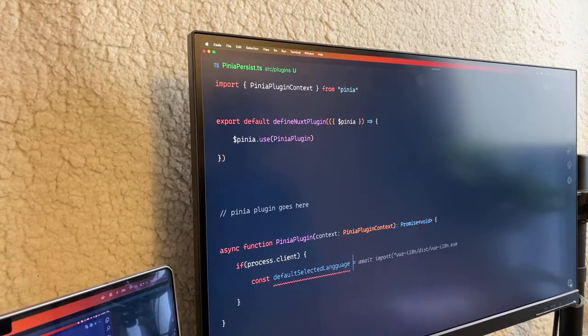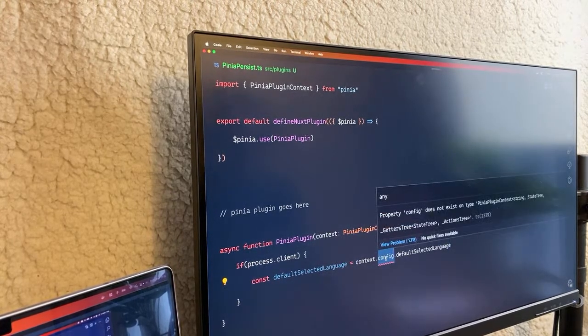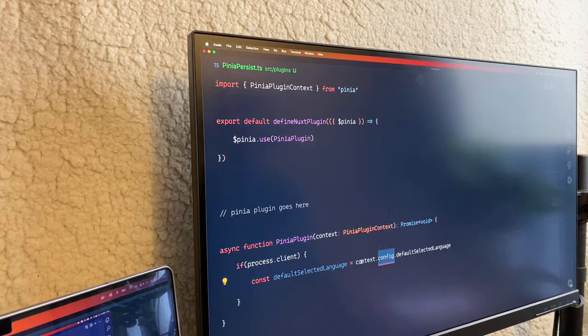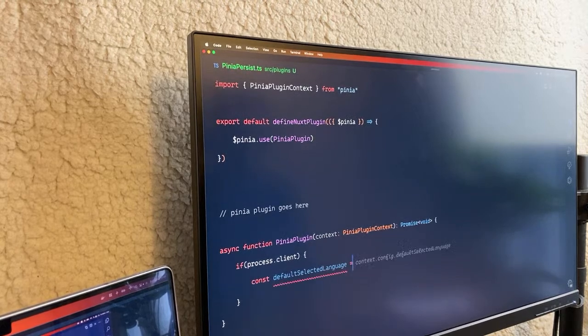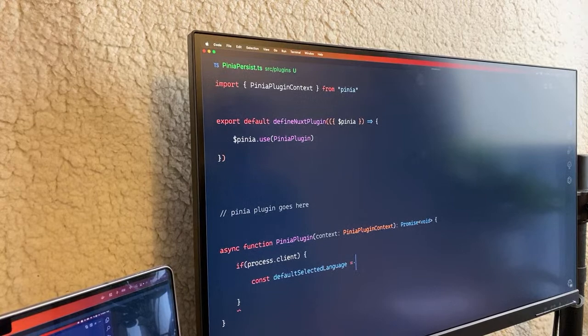So how can we get this default select? It will equal to context. This will be undefined for now. Then later,